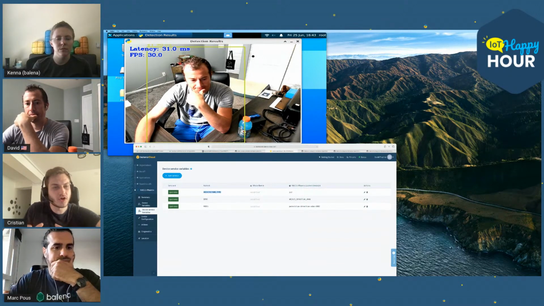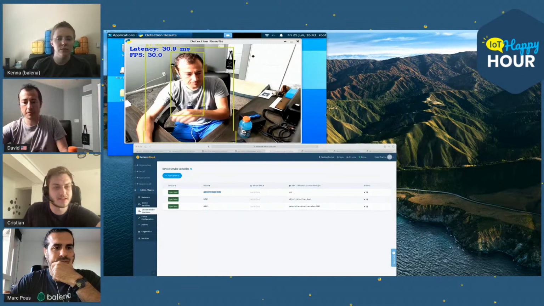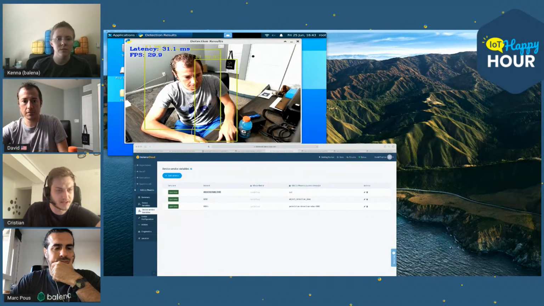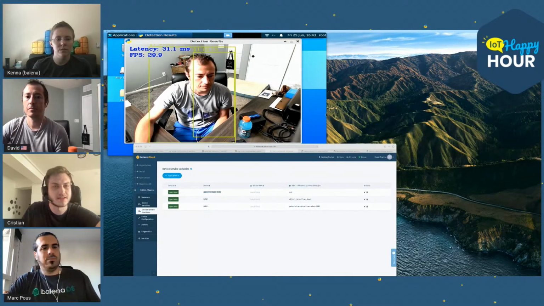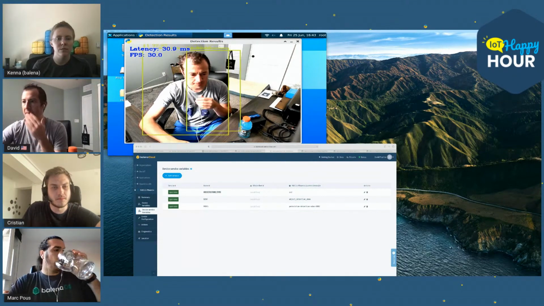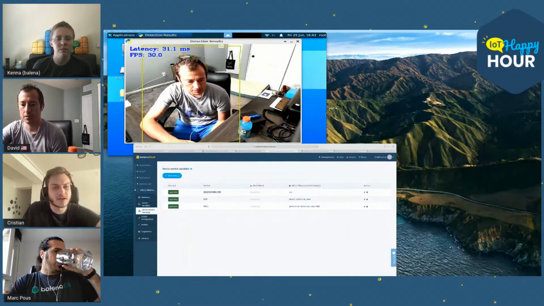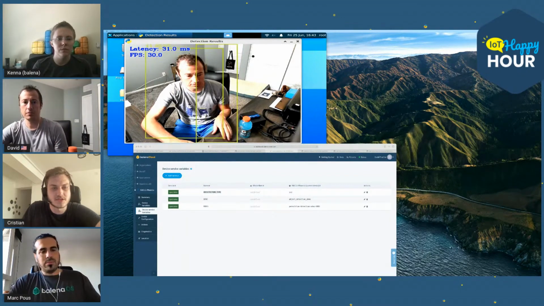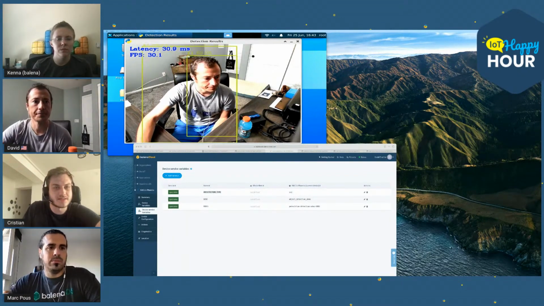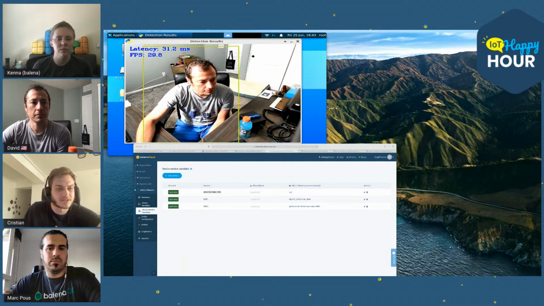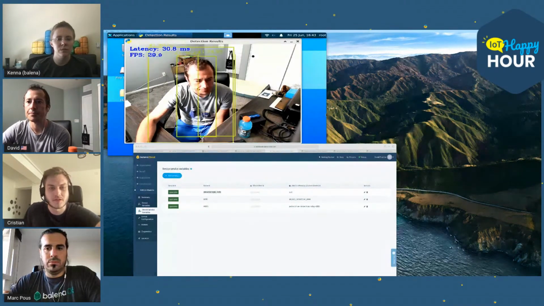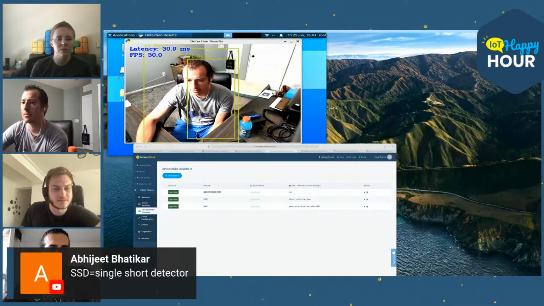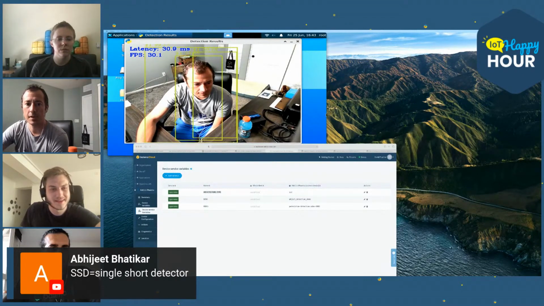So YOLO works a bit differently from the other ones, and it's also written in C++, in a network called Darknet. They're all kind of similar in a way. They're all deep neural nets that use the same functions. It's just that some architectures are different in some ways. Thank you. Okay, perfect.